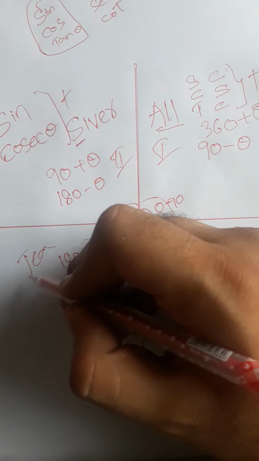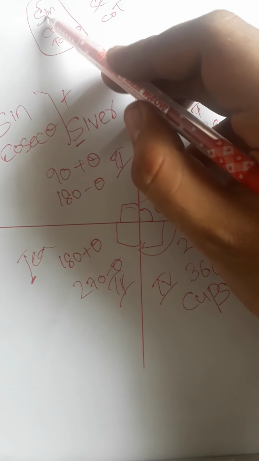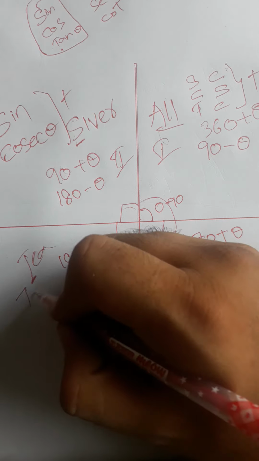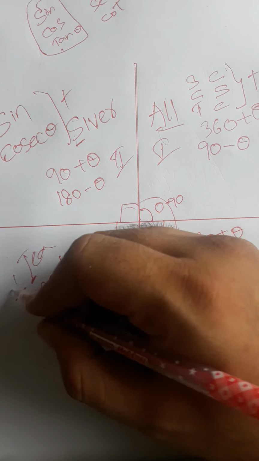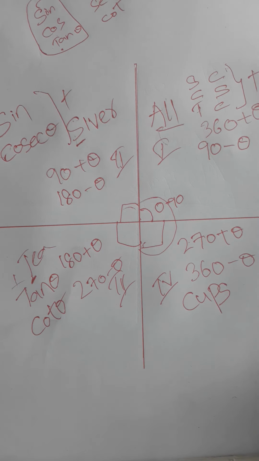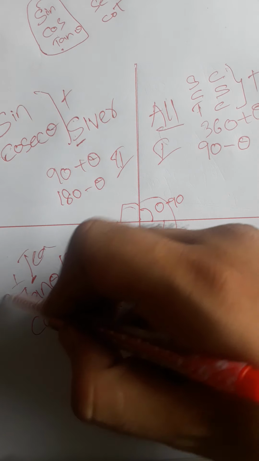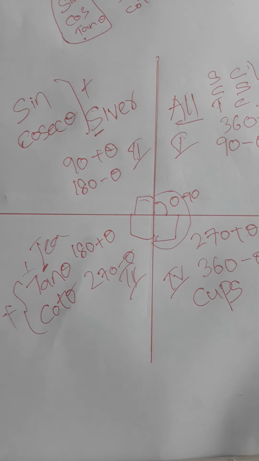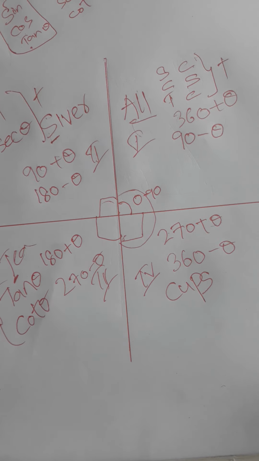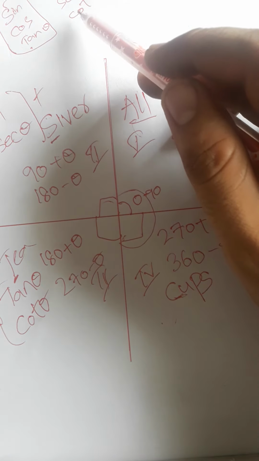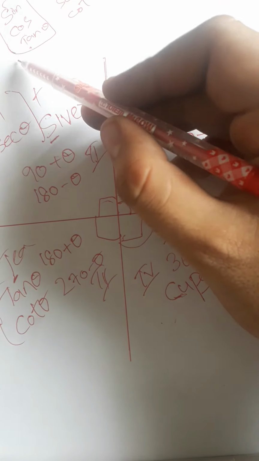In the same way, T. Here T, in these three, what is T? Tan theta. So here I am writing tan theta and the reciprocal of tan theta. 1 by tan theta is nothing but cot theta. Tan theta and cot theta are positive. These two only are positive. The remaining two are all negative. In the same way, the last one, here is the Cups. C stands for Cups. So see here, what is there? Cos.